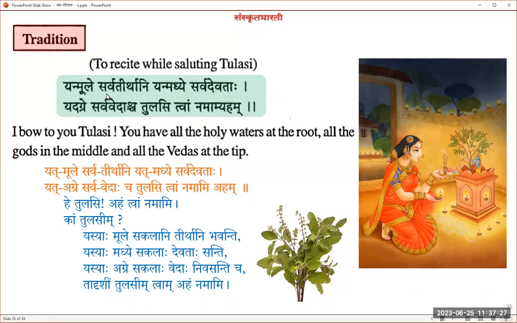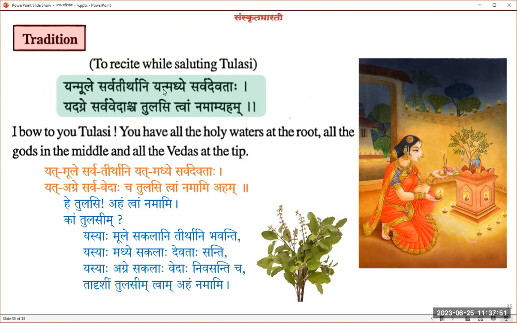Yanmule sarvatirthani, yanmadhye sarvadevataha, yadagre sarvavedascha, tulasi tvam namamyaham. Why is this Tulasi in hrasva? Because it is he Tulasi, the vocative. Aham tvam namami: the last pada is the active portion.